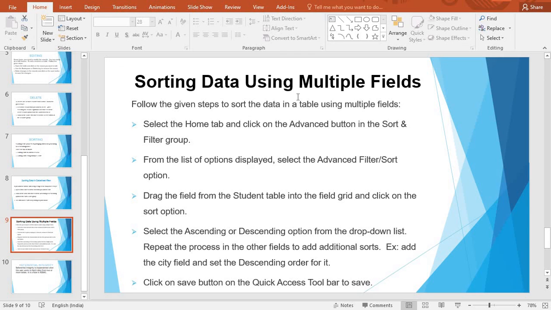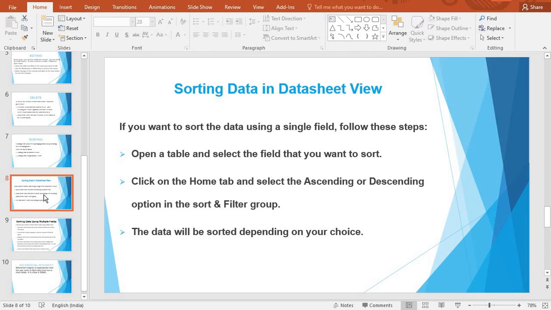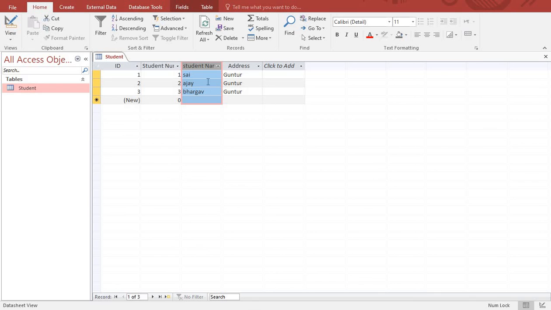Sorting data using multiple fields. In the previous example, I explained about a single field. If you want to sort your data in a column or a single field, you may use this single field operation.